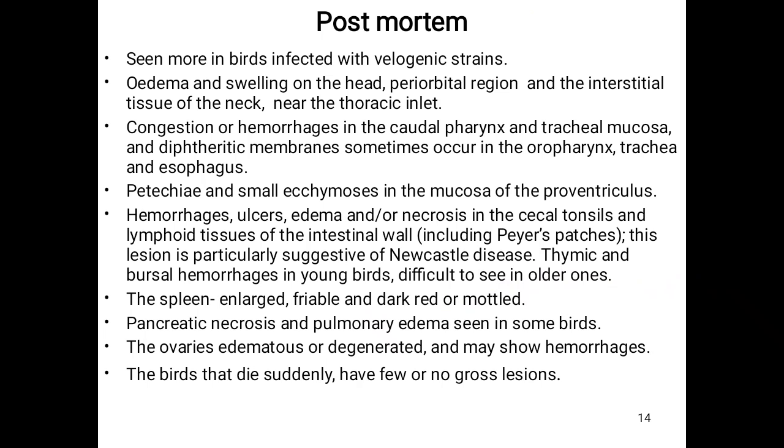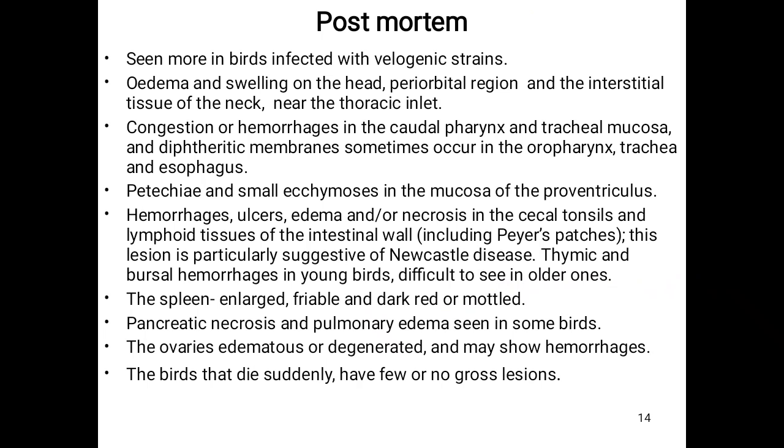We have congestion or hemorrhages in the caudal pharynx and the tracheal mucosa, and the diphtheritic membrane sometimes occurs in the oropharynx, trachea, or esophagus. So this is one of the signs that we usually see with Newcastle disease. We have the petechiation and small ecchymosis of the mucosa of the proventriculus. This is mostly the pathognomonic sign